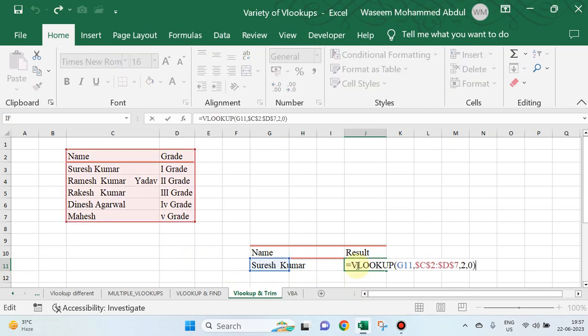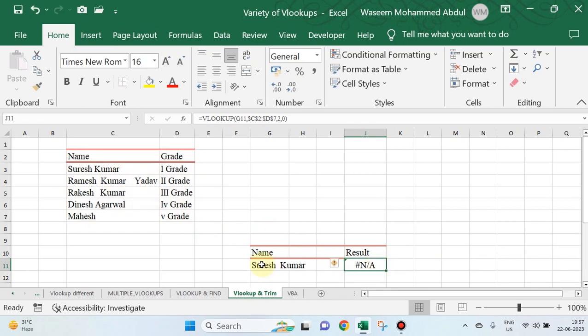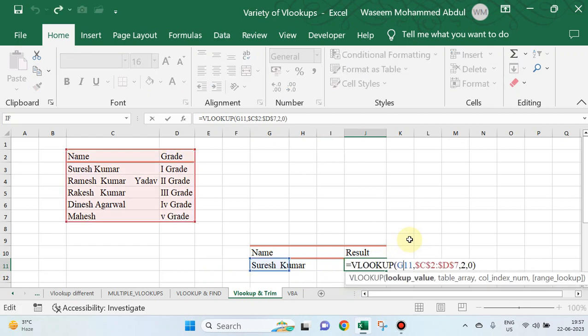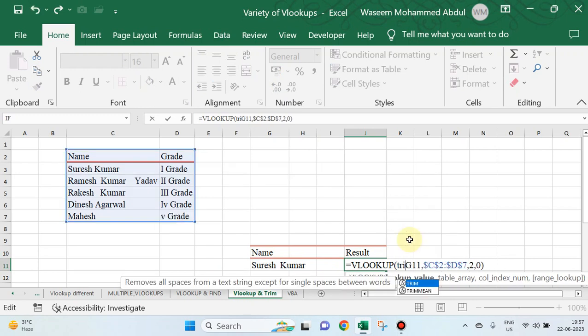One is this VLOOKUP value and the table in which names are given. If the name here has an unnecessary space, you will not get the answer. Similarly, if the name given here has unnecessary spaces in between, or initial unnecessary space, or unnecessary space at the end of the name, so you will not get the answer. So what you have to do is trim. The way you trim your hair, you have to remember this. Trim